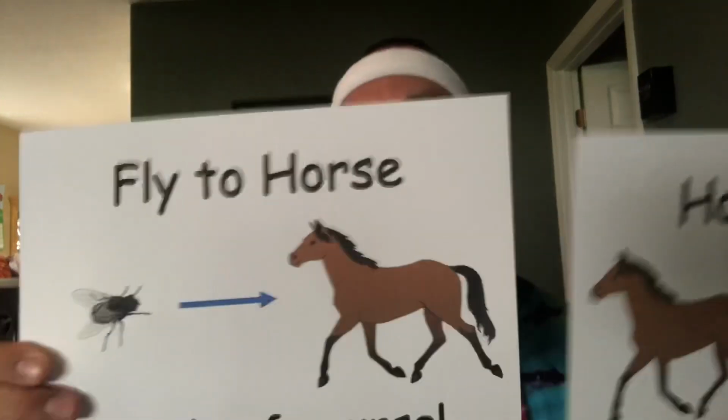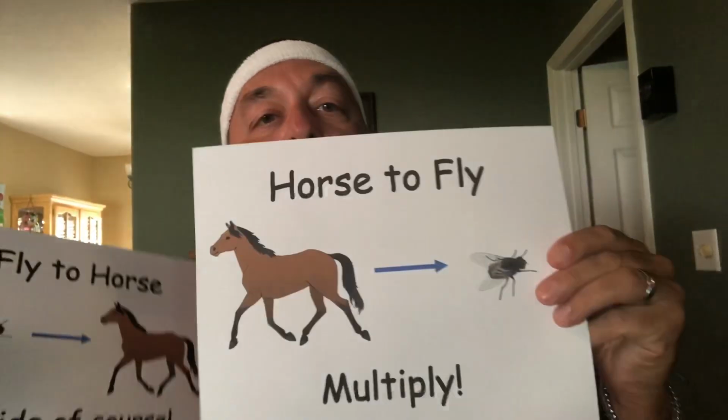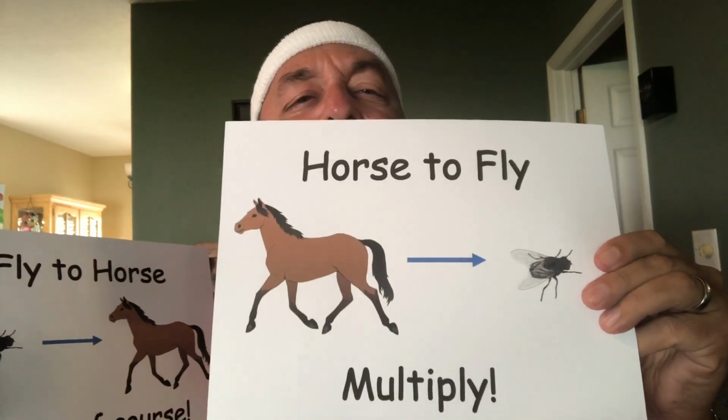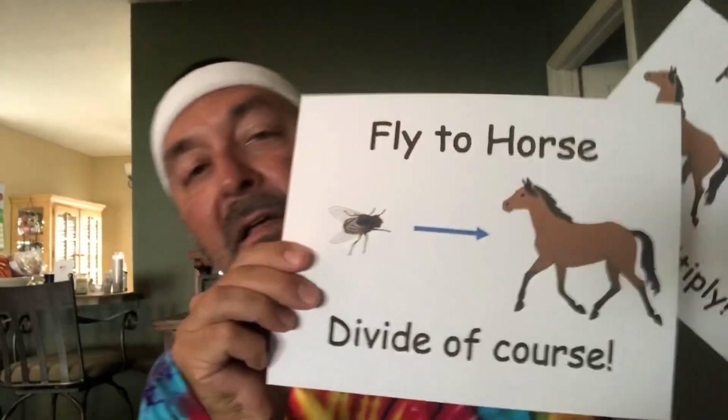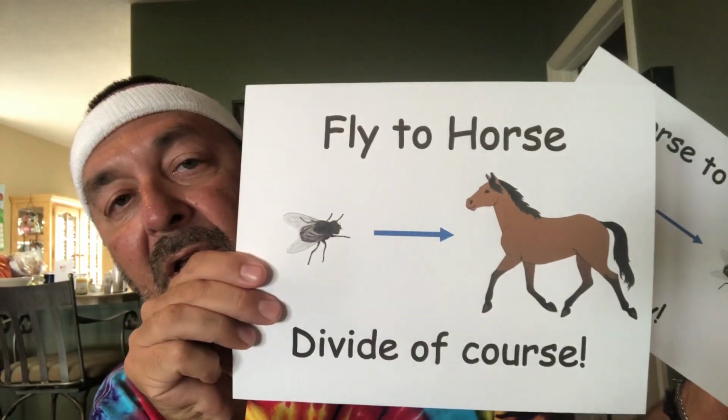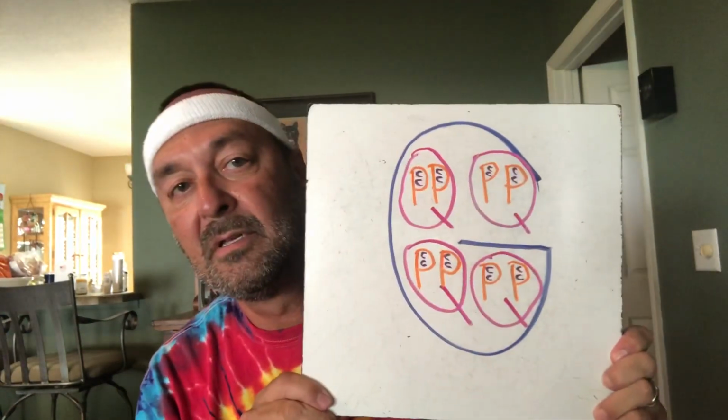Sorry about that. So, you know, remember, horse to fly, multiply. Fly to horse, divide, of course. Okay? And so I will let you watch this video, and I want you to practice using your diagram to answer some